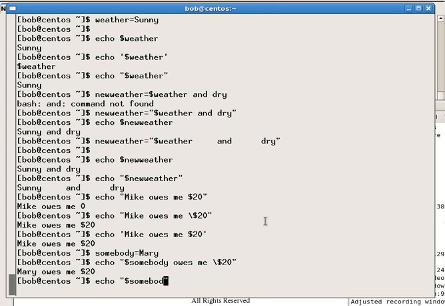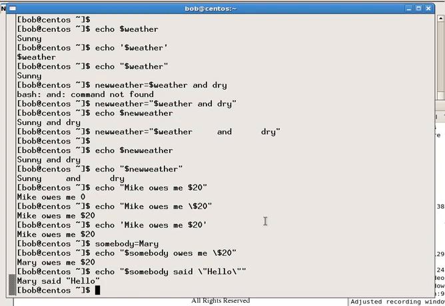So I may want to create a string saying somebody said "hello." Okay. Now, since we have multiple quotes here, there's some confusion. So what we would do is escape the inner quotes, and then we could create a sentence where Mary said "hello." And so we're using the escape to escape the inner